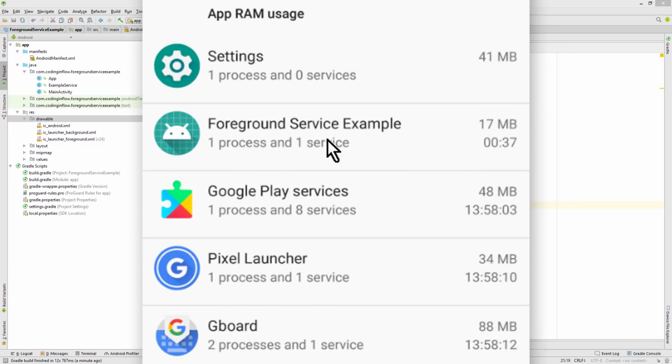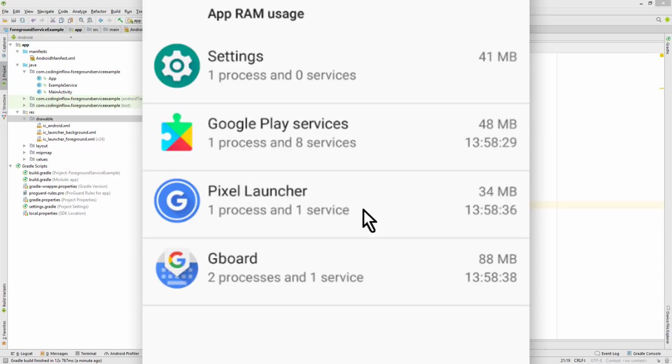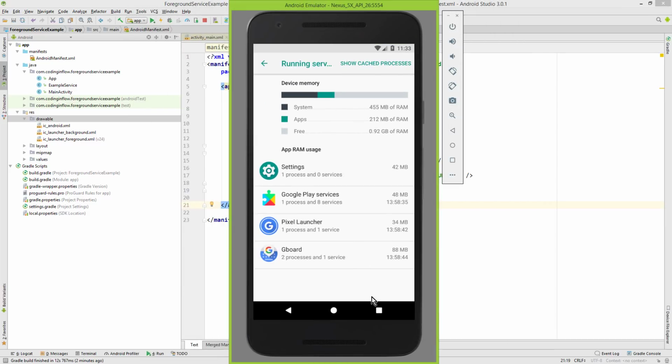And there's our foreground service example app, which has still a service running, but around the 1 minute mark this will disappear, because the system will kill it. I will skip a few seconds. And it's gone. This is because our service was effectively just a normal background service. And with these execution limits we can't keep it running.